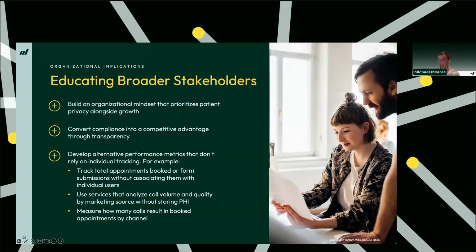So for many, if you're building that muscle, this can be a really big turning point for your organization. And then finally, you may need to develop alternative performance metrics that don't rely on that same level of individual tracking that you maybe once did. For example,